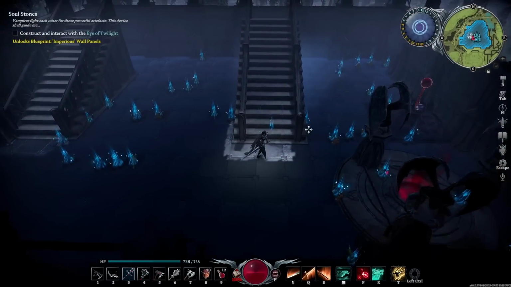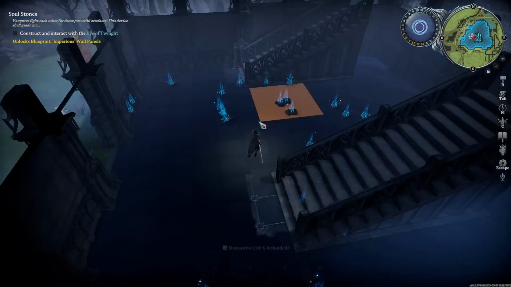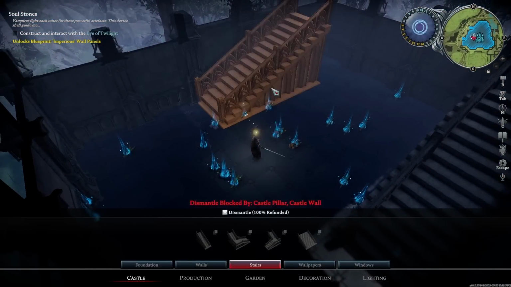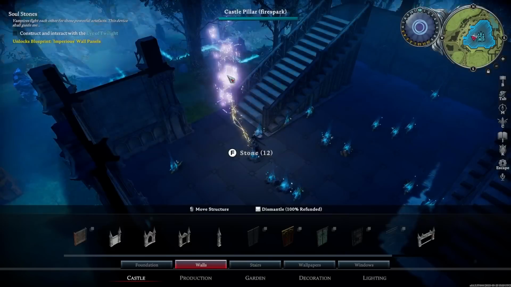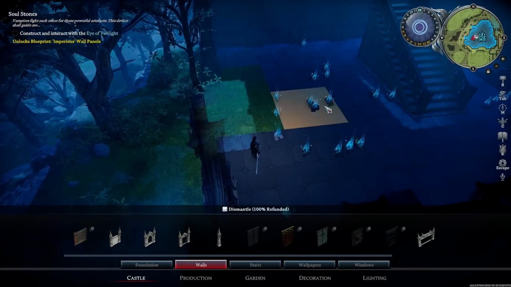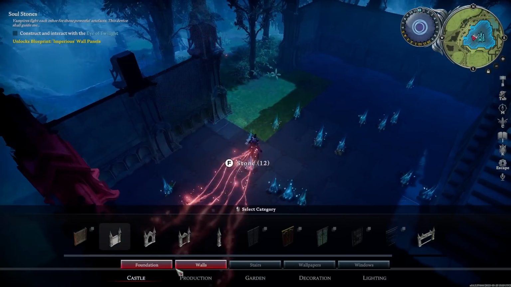Now I should be able to delete my other set of stairs. However, I can't. That is because they are next to a wall. So I now need to delete all walls and all pillars that are touching the stairs, and then it will allow me to delete the stairs, and then I can go back in and place my walls and my floor